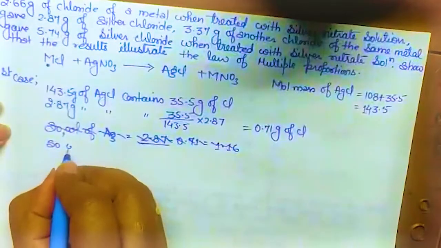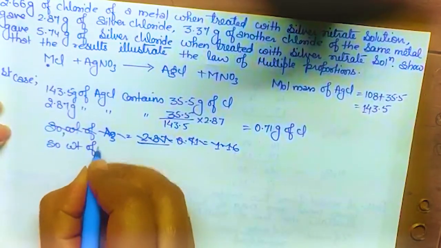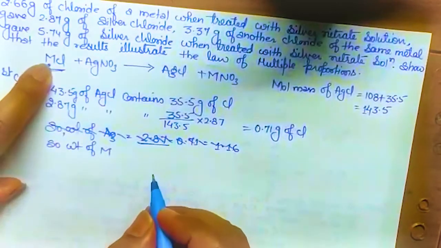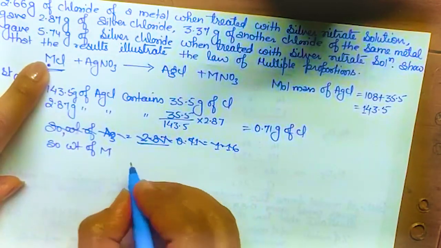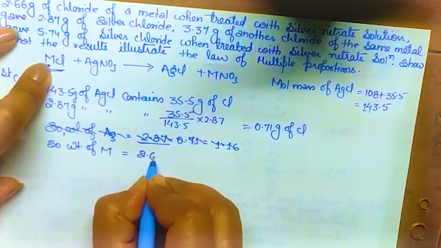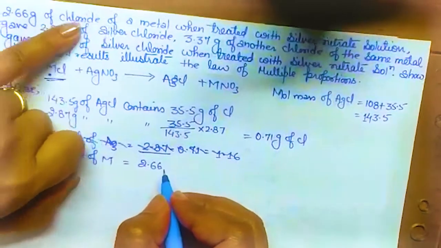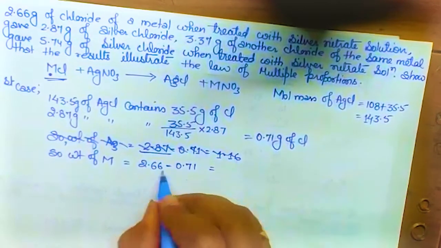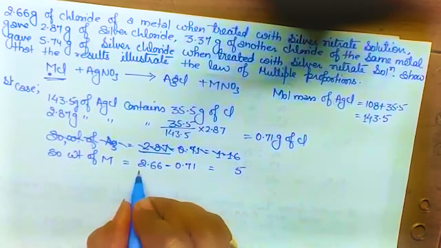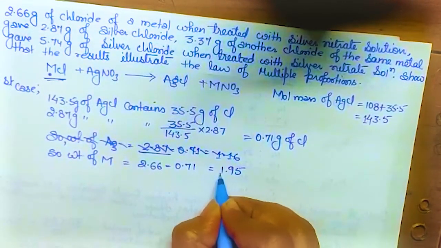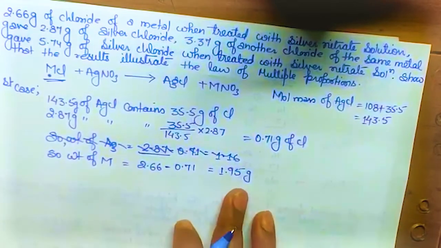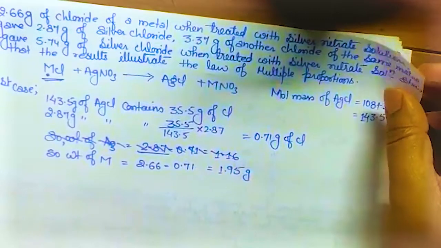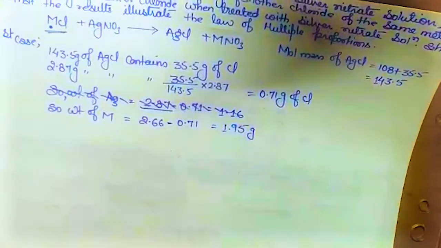So find the weight of metal. We are supposed to find the weight of metal over here. The total is 2.66 gram of silver chloride, isn't it? So minus 0.71, it will be 1.95 gram. Now to prove this law of multiple proportion, we will see in the next case